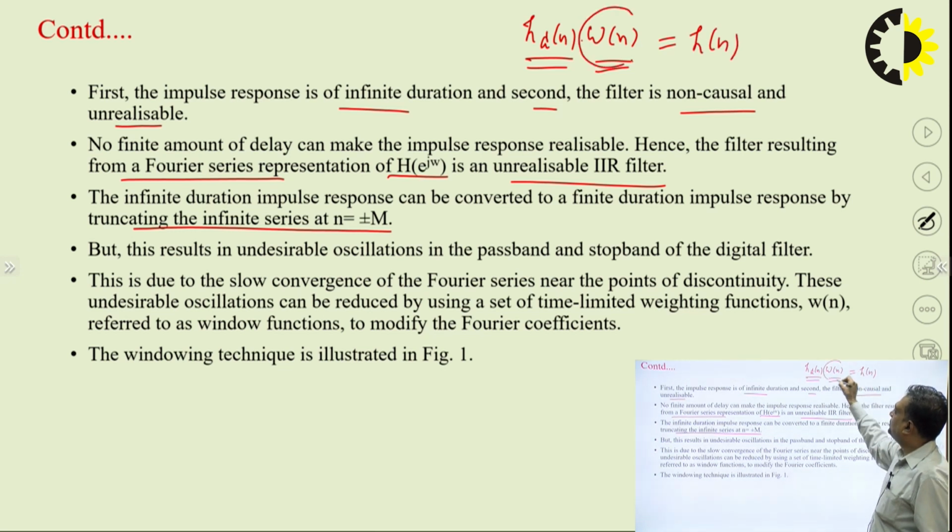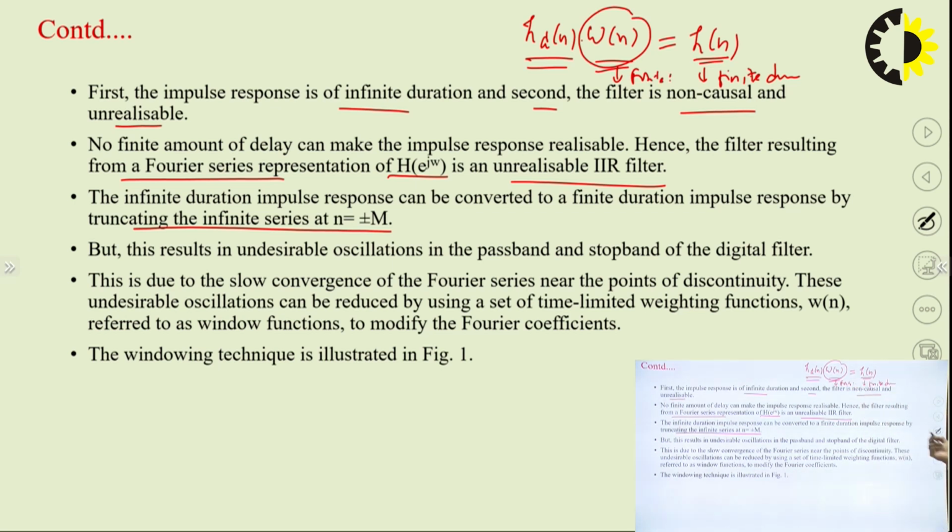So this time the value of h(n) will become finite duration, if this w(n) is of finite duration. So this is basically the main aim. The main aim is that if we have a function which is extending from minus infinity to infinity and we want to make it causal, then for making it causal, we multiply it by a window function which is of finite duration. So if we multiply an infinite duration sequence with a finite duration sequence, then we will get a finite duration